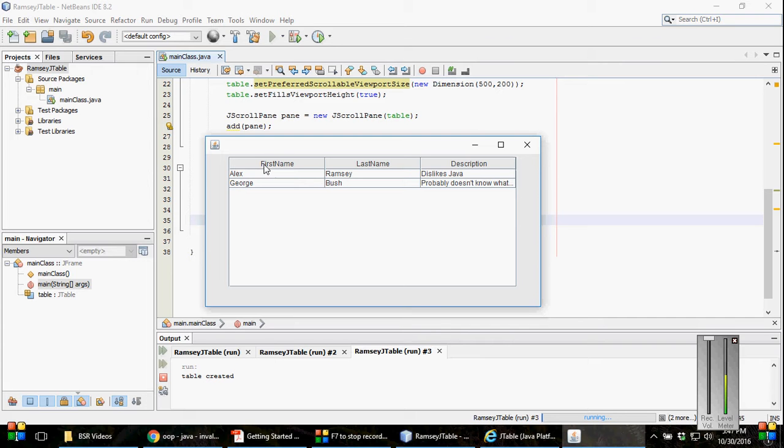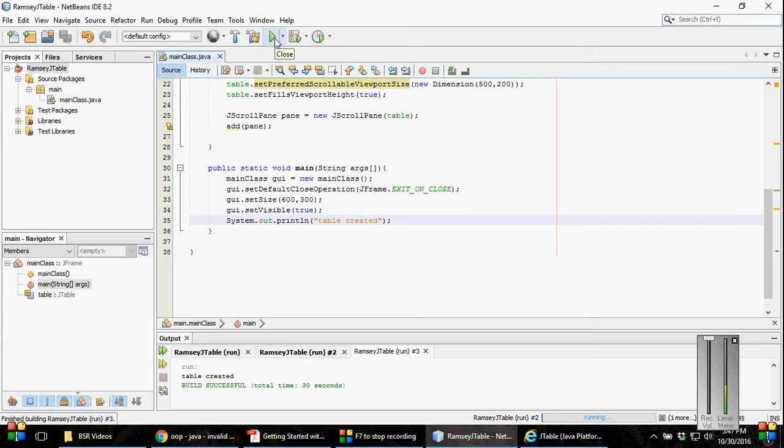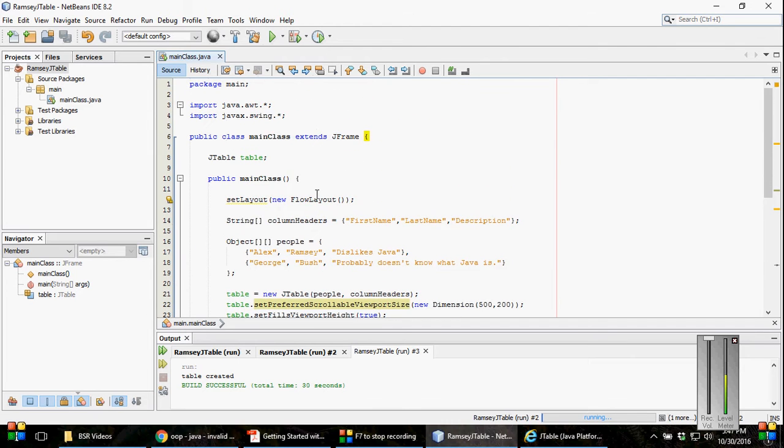So the index of first name is 0, and the index of the first name property of the people array that I passed in, the multidimensional array, is Alex and George. And when I close it, it ends the program, and then I can do whatever I want to change